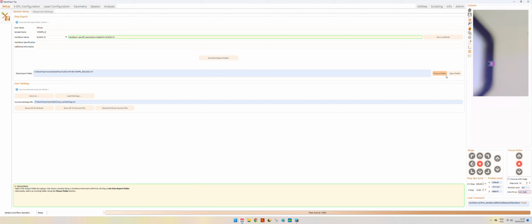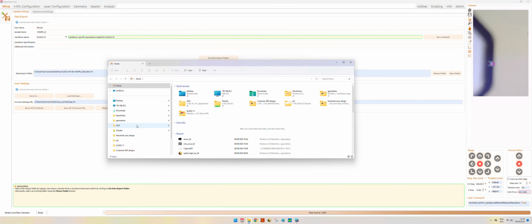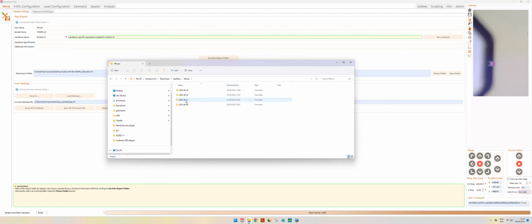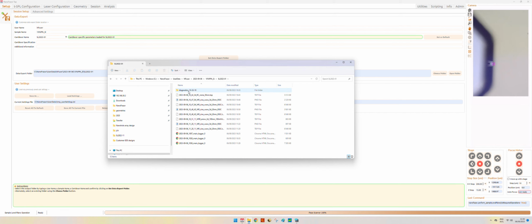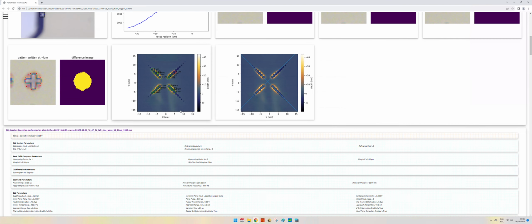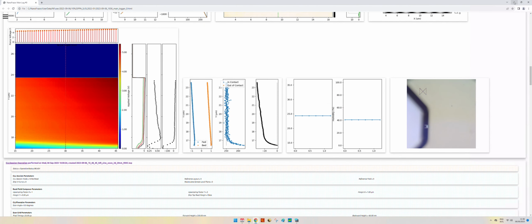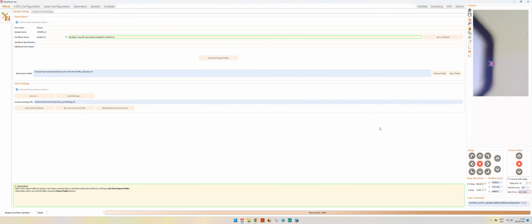So you will find also in this folder. Let's go there, for example. So NanoFraser user data. We have our NanoFraser user for today. We have our sample, and we have our HTML files, which contain basically the same information in an HTML file. So it's exactly the same as this is displayed in the software.